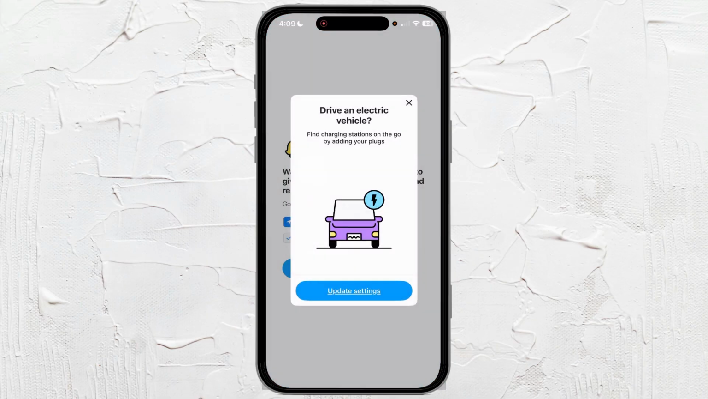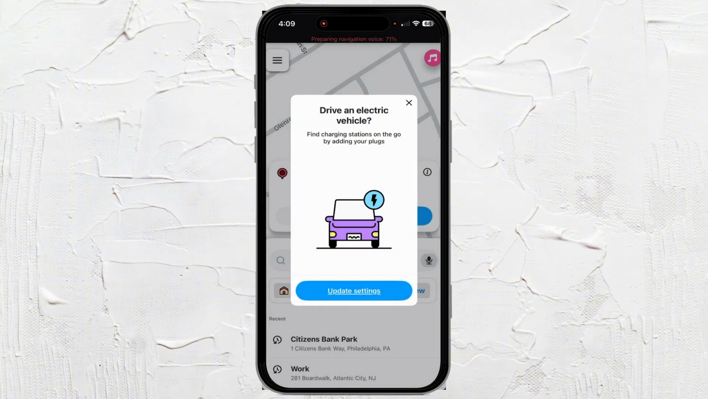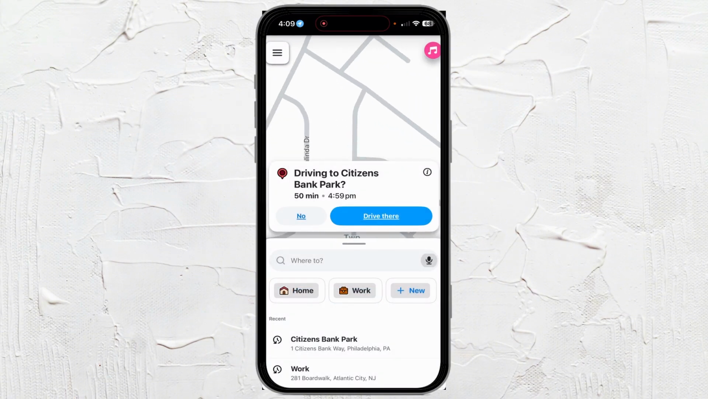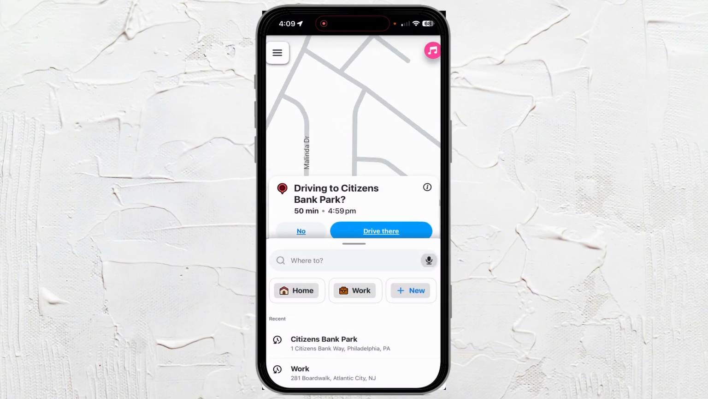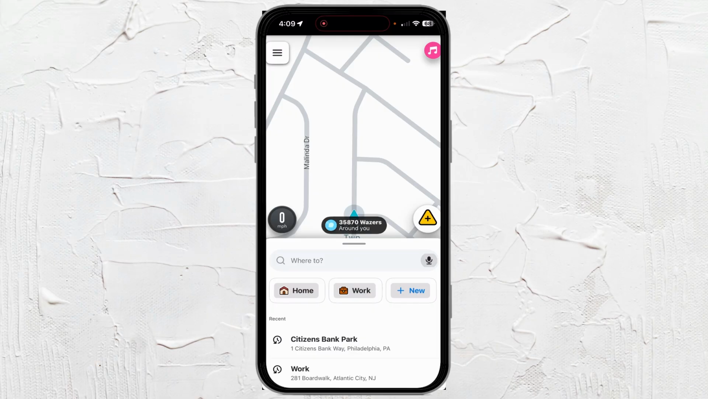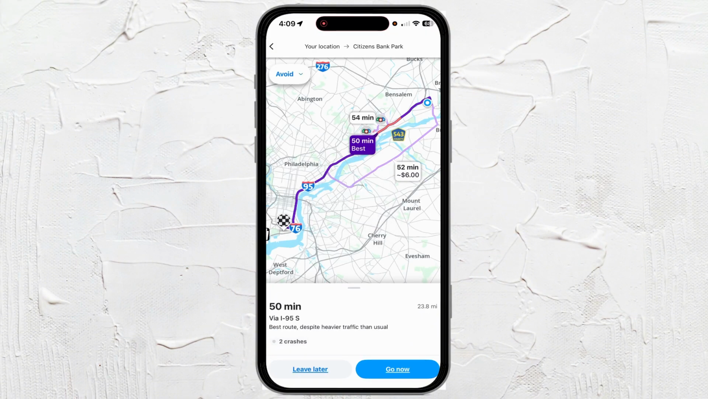I'm just going to go through these notifications here. I'm just going to X out of this. So let's go ahead and pick a location. I already have one here in my recents. So I'm just going to click that, and it's going to calculate a route, and it's going to give you